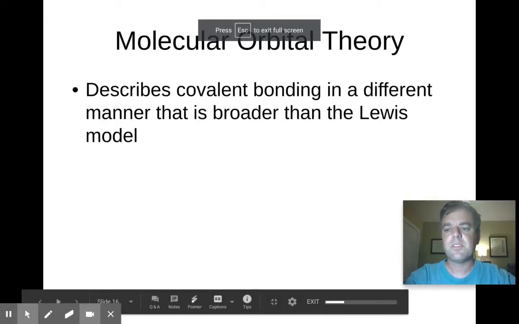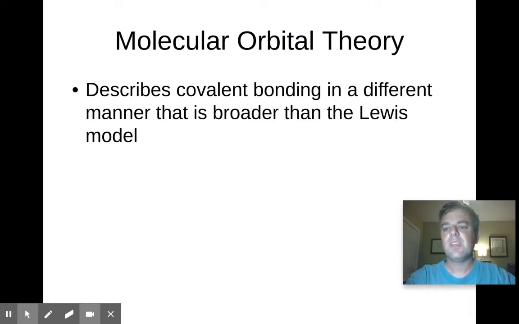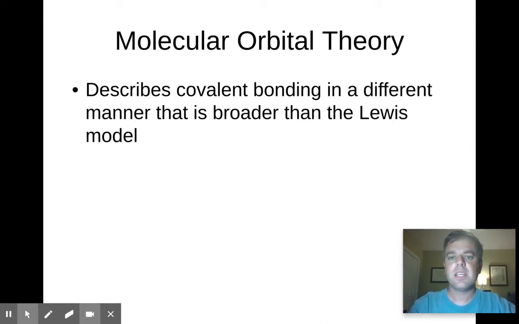Greetings, AP Chemistry students. Today we're going to be talking about polarity of bonds and polarity of molecules. But before we do that, the first thing I want to say is I want to share this statement with you because we've been working with the Lewis model, also known as the localized electron model, where electron pairs are associated with specific atoms. And that breaks down a little bit when we get into compounds that involve resonance structures, and we have to draw those because that doesn't fit very well with the model of the atom we've been